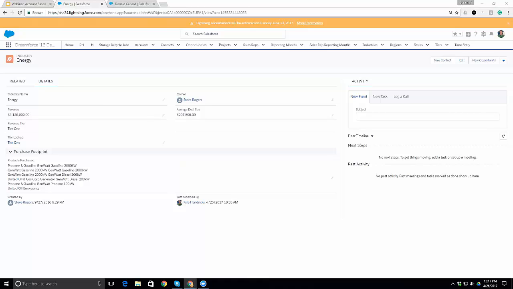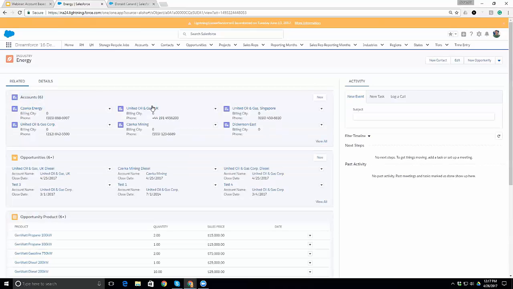Accounts are to be divided into 3 groups. Tier 1 is to contain accounts that belong to an industry that earns over $3 million in revenue. Tier 2 is between 1 and 3 million, and Tier 3 are industries that are below 1 million. So when you're looking to set this up and you're talking to your stakeholders, in this instance, we're using all accounts that fall within an industry that's over 3 million.